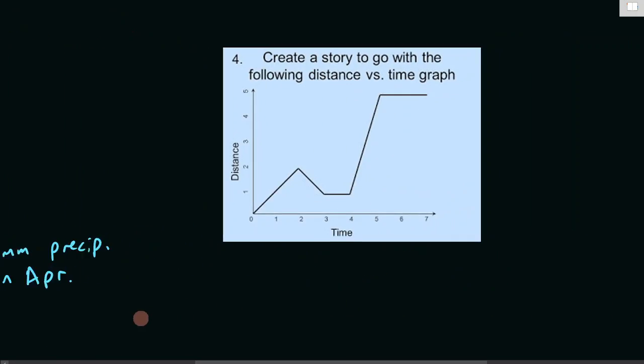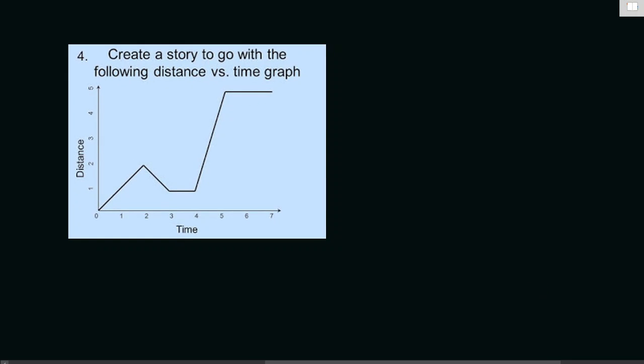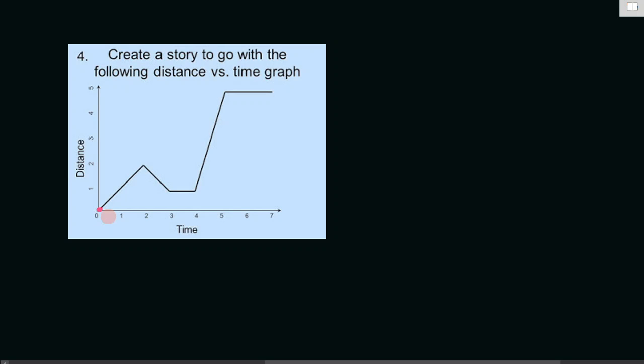The next thing I want to show you is how to create a story to go along with a graph. This is a distance time graph, and I need to come up with some sort of story. Let's take a look at this graph and see what we can figure out. Based on this, we're going to need to come up with a story that models this situation. Wherever this is, they're starting at time 0 with a distance of 0. That's pretty standard. They're starting where they're starting, and I guess this is distance from where they started. They go out at a